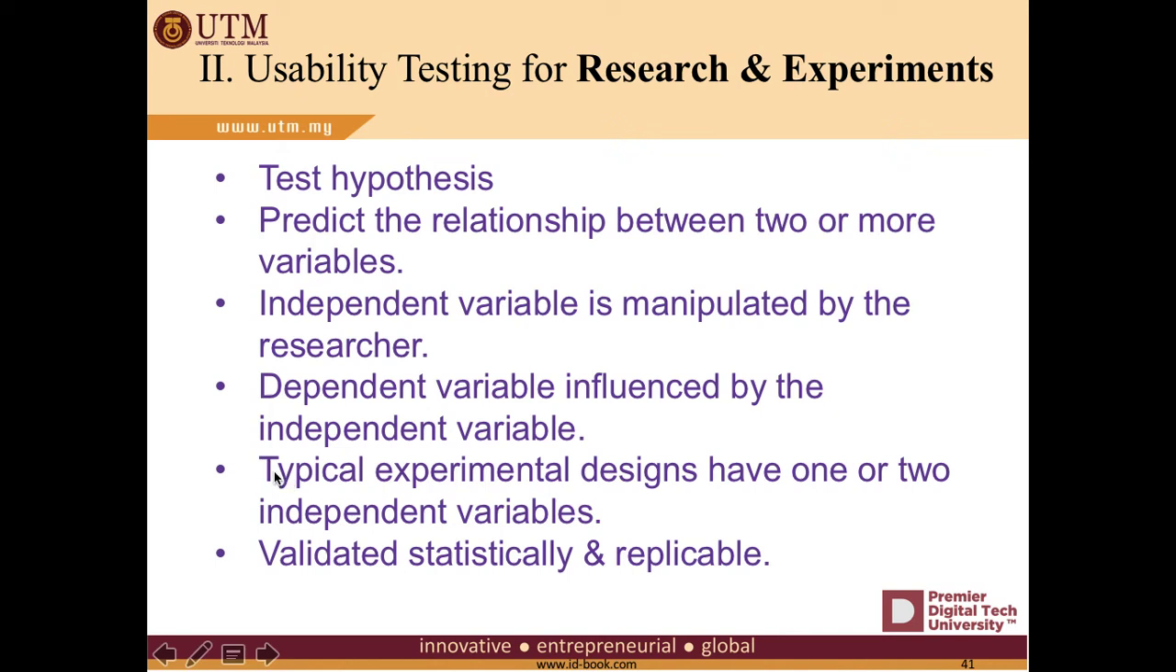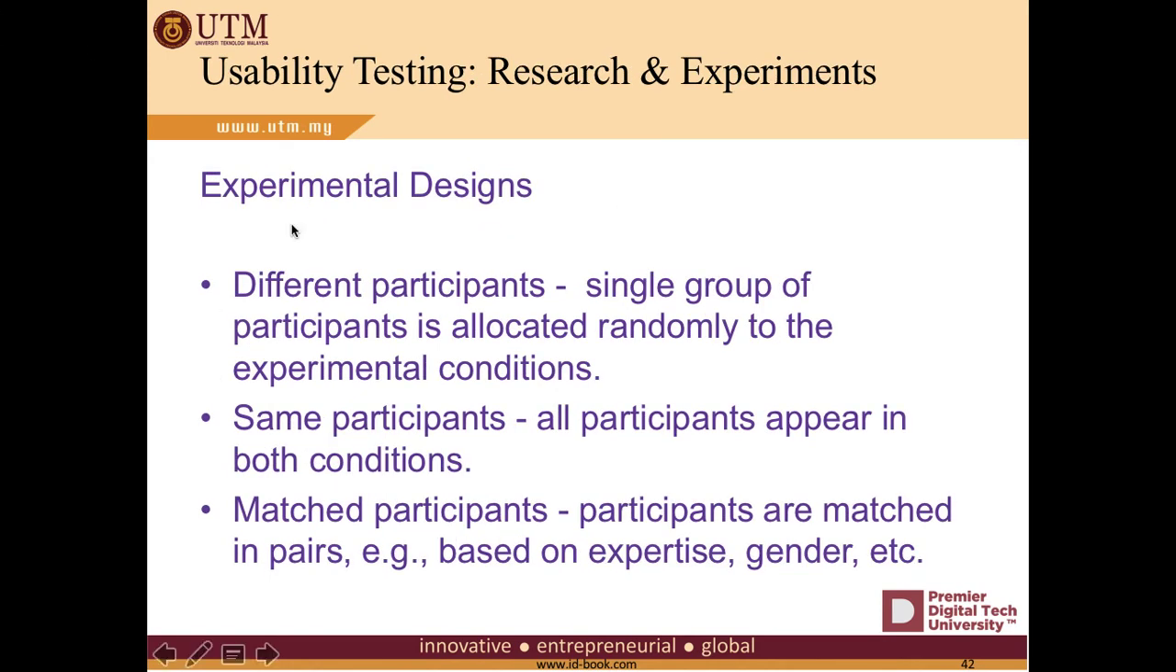A typical experiment design has one or two independent variables, because independent variables are one of the most important. You have to set up the independent variable, and only then can you know how to set up the dependent variables. Okay, right. So in experimental design, you have to understand that you might go for different styles of experimental